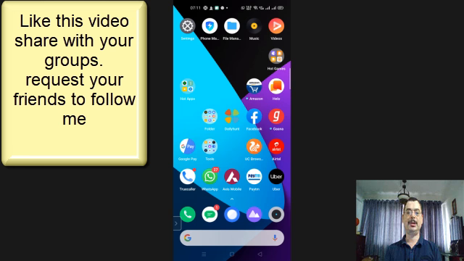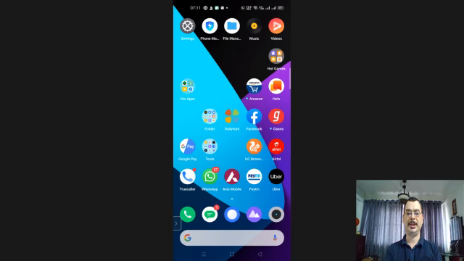Today we are going to see read receipts on or off. If a person sends you a message, normally they will be able to know whether you have read it or not by seeing the two tick marks on the screen. If you switch it off, the sender will not be able to know whether you have read the message or not.